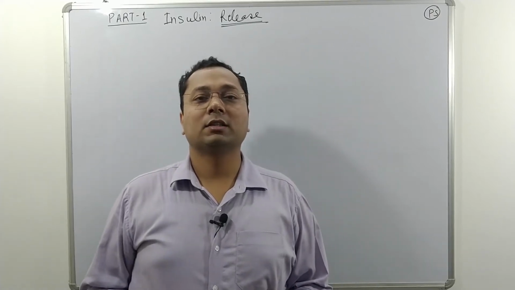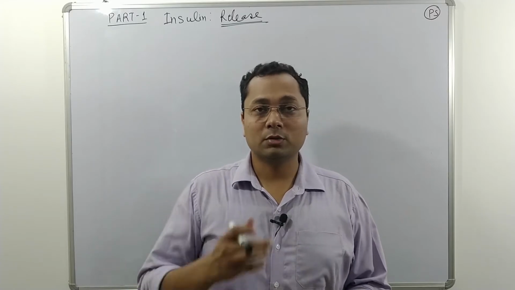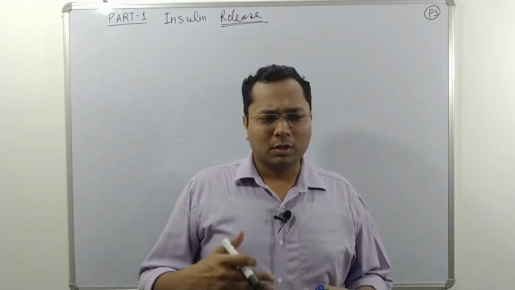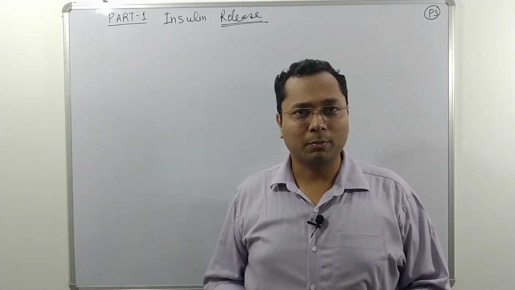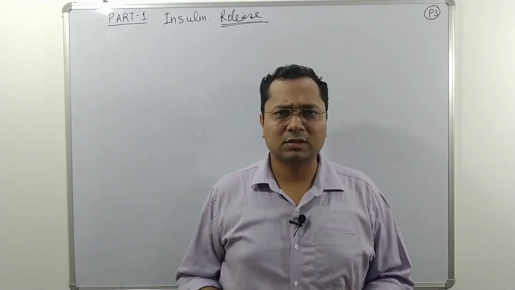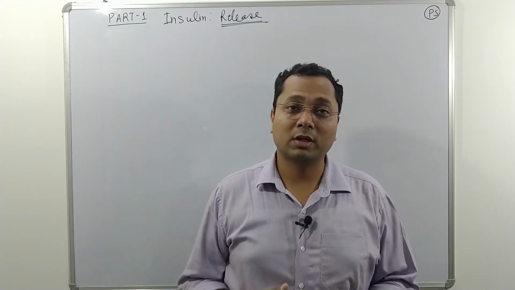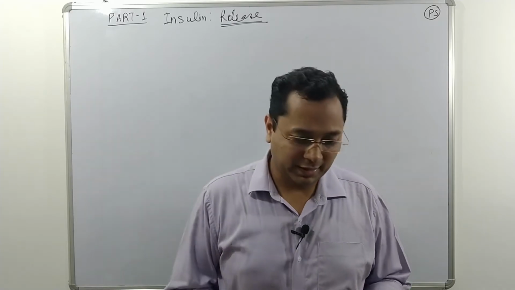So now moving ahead in the video, I will be covering the release of insulin, how insulin is released in response to hyperglycemic states. Before moving into that, insulin is a polypeptide, right? There are two chains, alpha and beta, which I have just discussed. It is released from the beta cells of the pancreas. So first we have to understand the mechanism of insulin release from beta cells, correct?